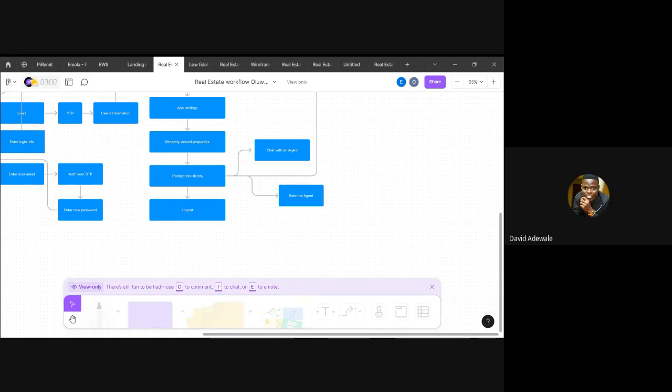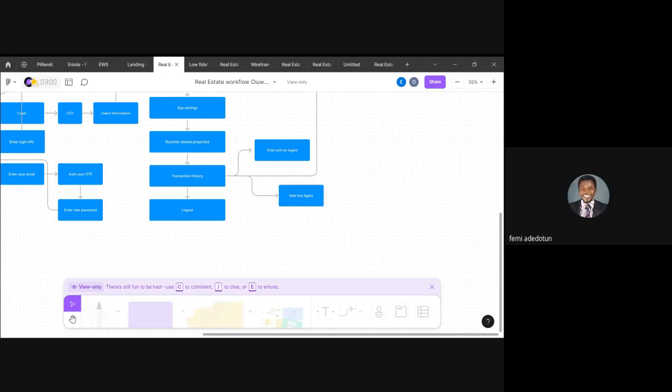On second thought, chat with an agent could be in so many places, not just transaction history. But especially when it comes to payment for properties, for some reason it might not go through, and there might be some problem that we need to talk with an agent to confirm something.